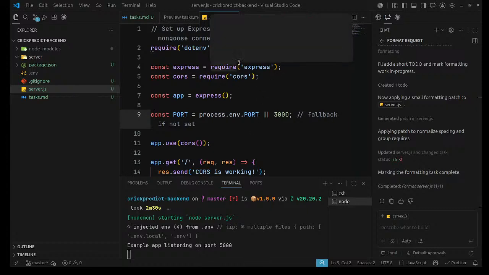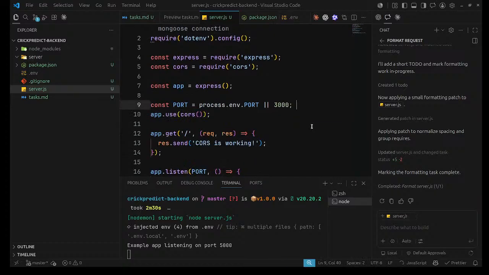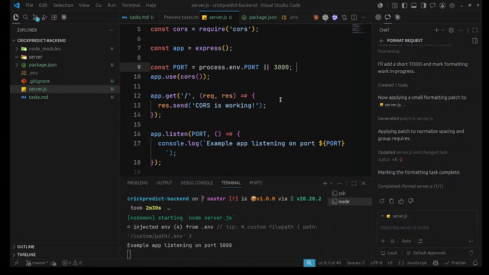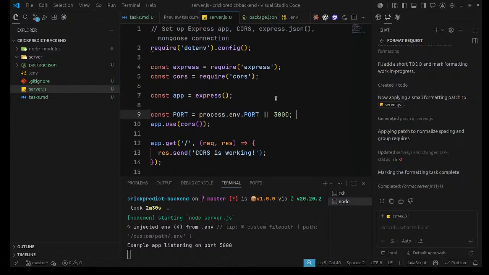Okay, we just need that one. Okay, we are good. We have set up our Express app, set up cors. Let me ask from the.